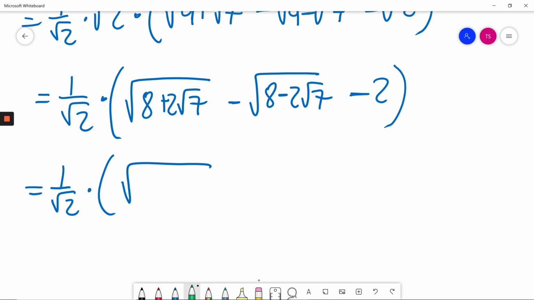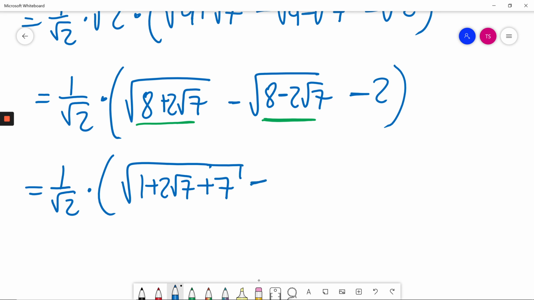Now I will write it a bit differently, those two terms. Just 1 plus 7 is my 8. Similarly, in this term,